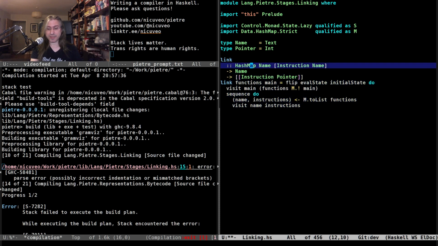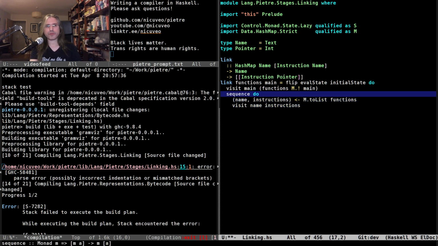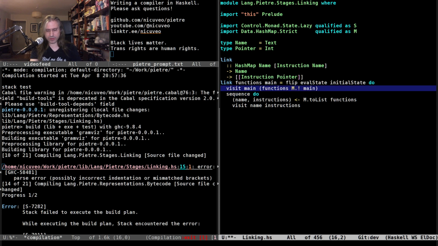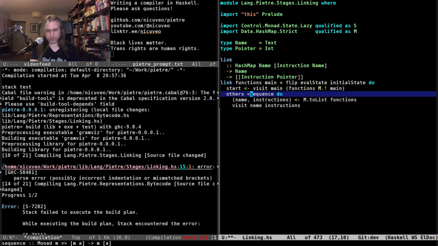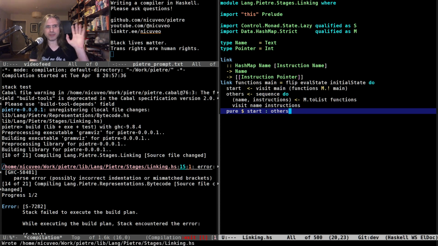And I guess visit gives us our instruction pointer. Yes. And therefore here that gives us the list of all the functions that appear in our program. How do we name this? Start, I guess. This is going to be all of the others. And the result of this is going to be start at the beginning of others. And the order matters because we're going to put them side by side in the image.